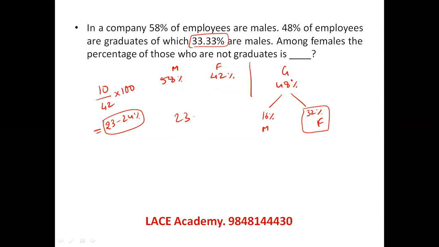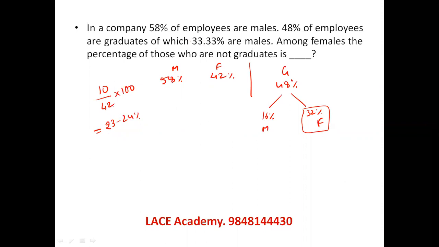If all the answers are given like this, then the examiner is asking you to calculate. If all the answers are not given like that, only one answer is very near to 23 or 24, and other answers are a bit higher or lower, then directly this will be your answer. Sometimes unnecessarily we keep calculating the last value which was not required because of the options. So you have to see whether the options are friendly or not.